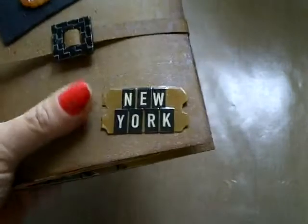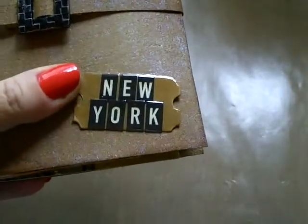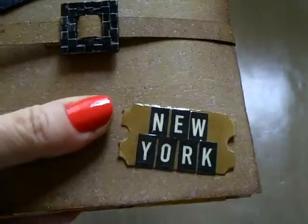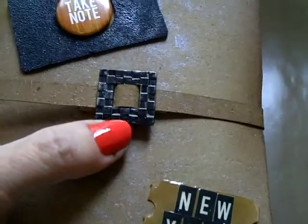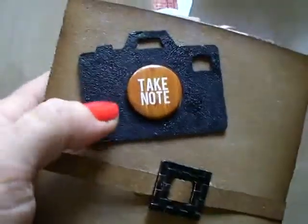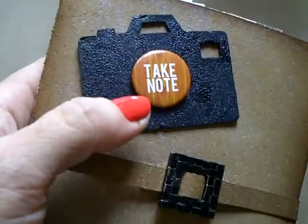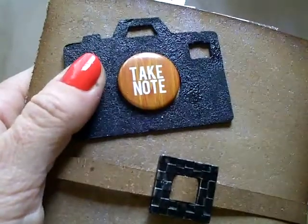This little ticket here is from Cat Scrappiness, and I just covered it with some of the October Afternoon Mini Market stickers, and then I put some glossy accents over it. This here was a silver buckle slide, and I colored it with my Copic and made it black. And then this here is also another Cat Scrappiness chipboard. It's the camera, and then I covered it. I heat embossed it with the Tim Holtz black